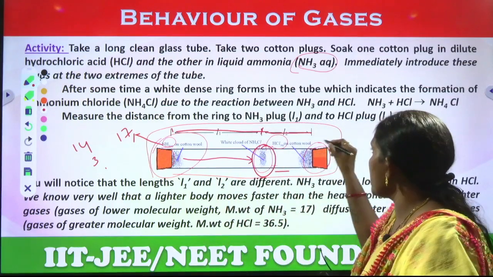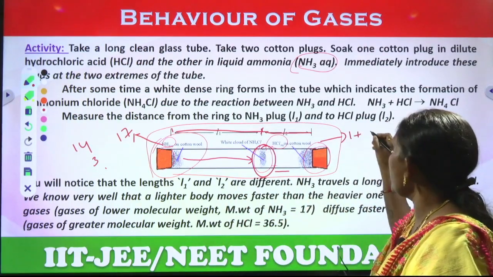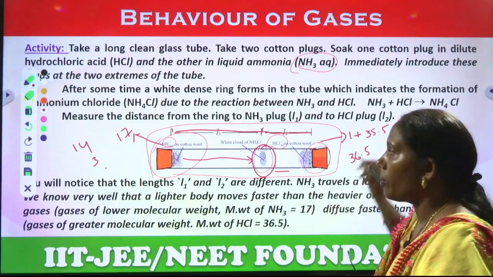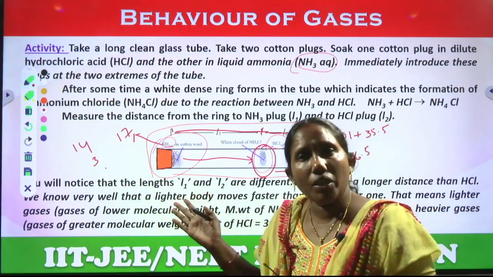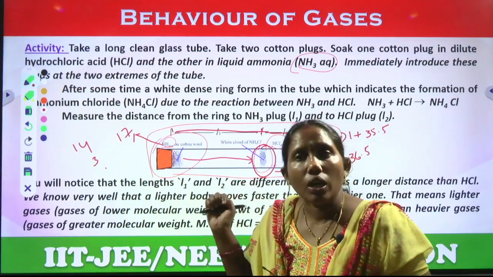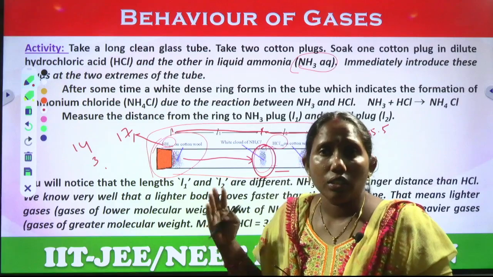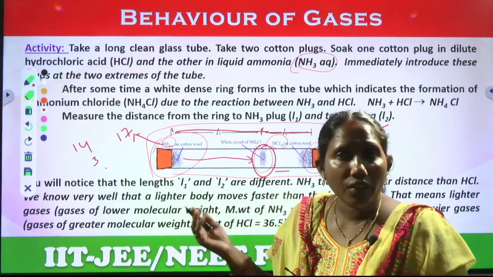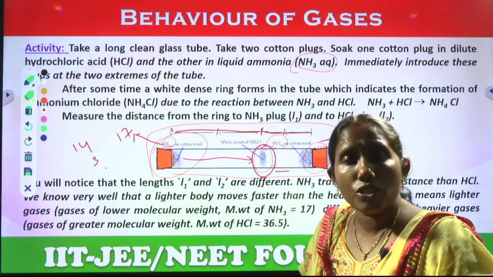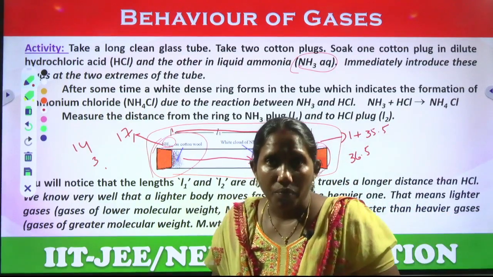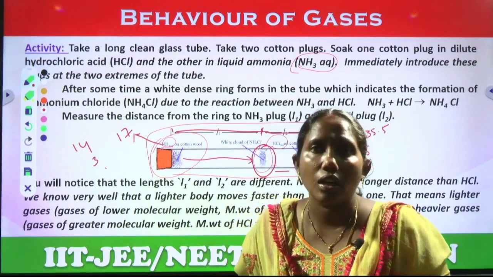Whereas come to the HCl, hydrogen is 1 but chlorine is 35.5, so molecular weight is 36.5. NH3 is 17 and HCl is 36.5, so less molecular weight gives more diffusion of the gas. So the rate of diffusion depends upon the molecular weight or density of the given gas. This is the